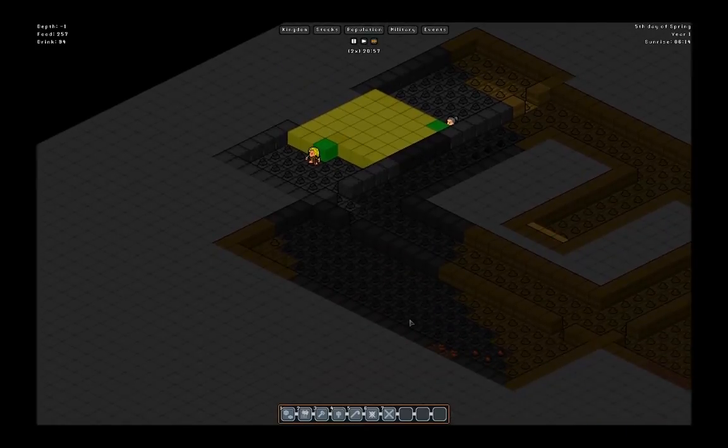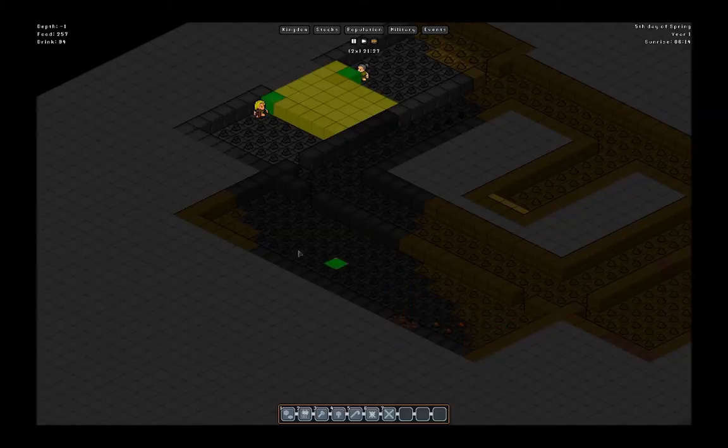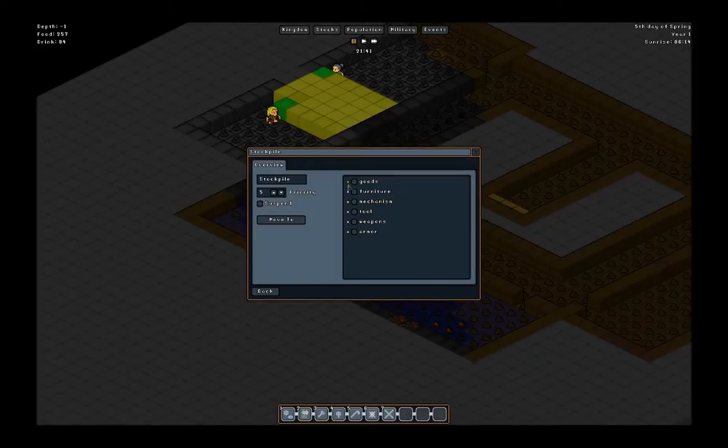My miners are down here mining. We didn't actually get as much copper as I had hoped we would get, but we did get some. We are going to go ahead and take the leap and designate this as our first stockpile zone for goods. So we're going to have it hold stone, wood, coal, metal, gems,